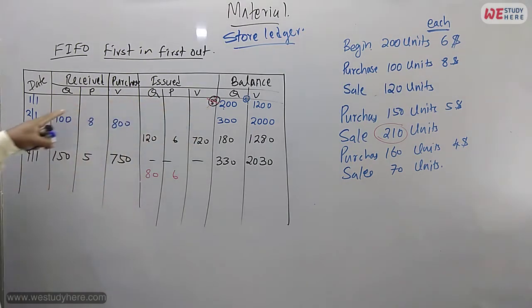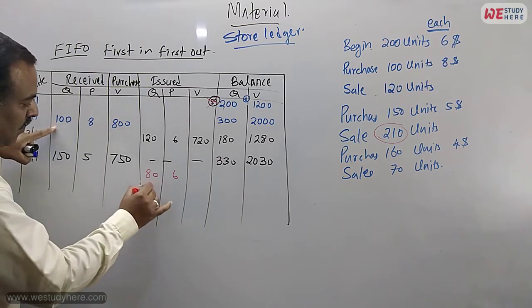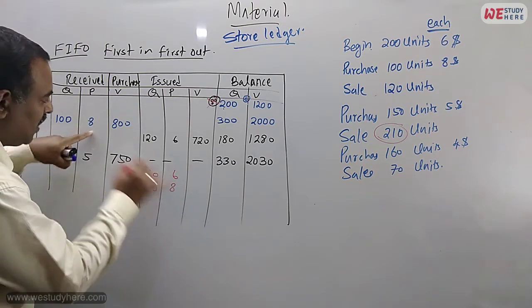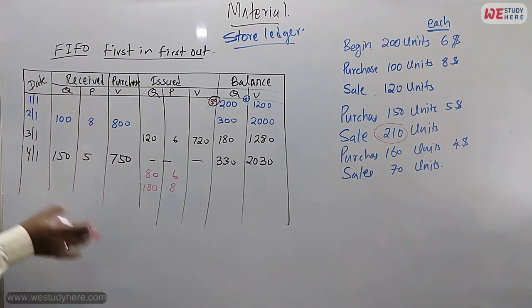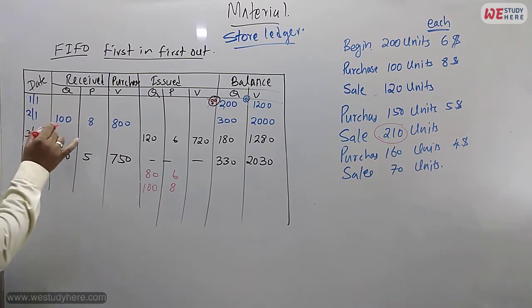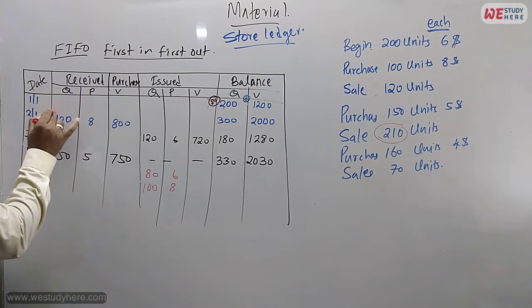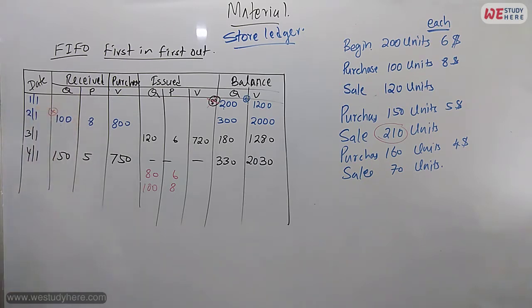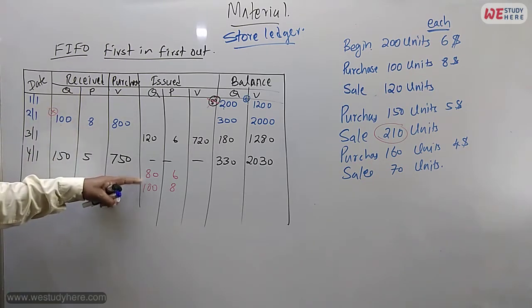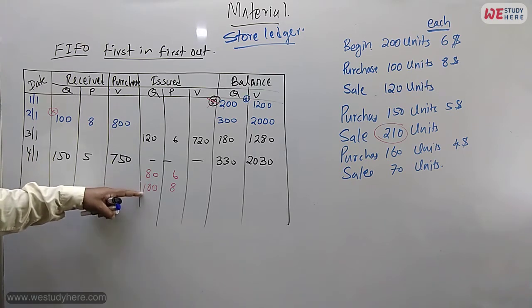After this, which one do we have first? First in this one, right? From here, can we give 130? No, we have only 100. Give that 100 first. If we give 100, the price is the same price, because in store we are buying and giving the same price. Now, if we give 100, here nothing, balance is 0. Now, 80 plus 100, 180 is given to the manufacturing department.